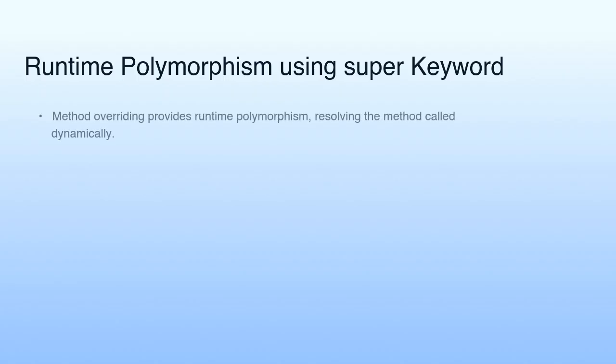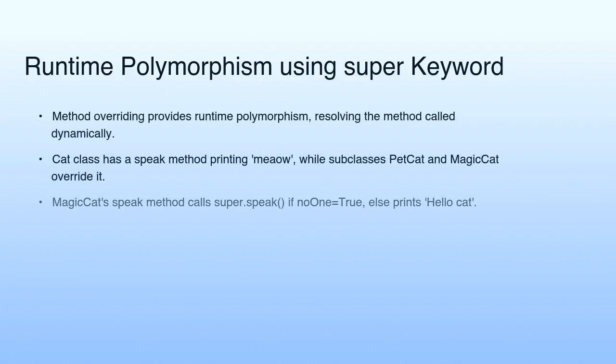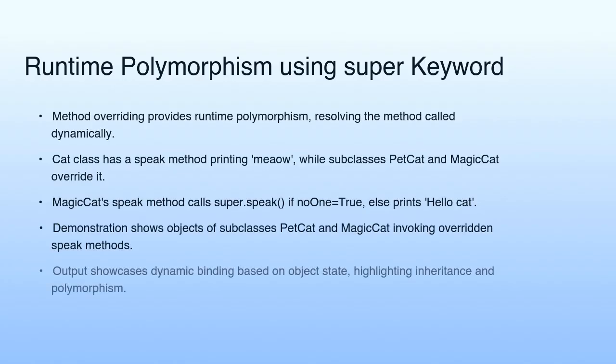Runtime polymorphism is achieved through method overriding, where the method called is resolved dynamically. The cat class has a speak method that prints meow, while the subclasses petCat and magicCat override it. MagicCat's speak method prints the value if known or true, otherwise, it prints hello cat. The demonstration shows objects of the subclasses petCat and magicCat invoking their overridden speak methods, highlighting dynamic binding based on